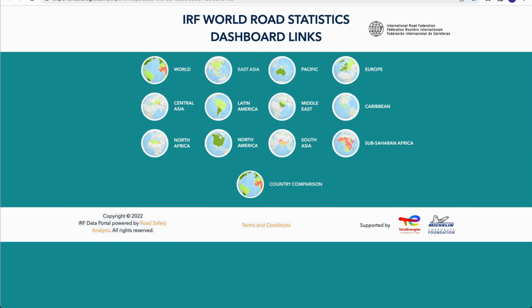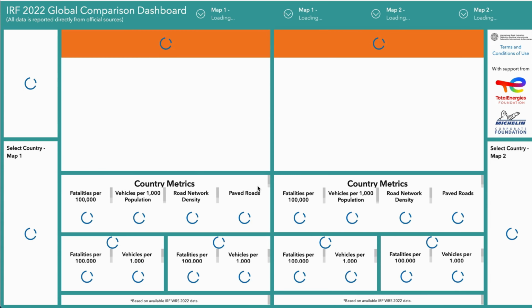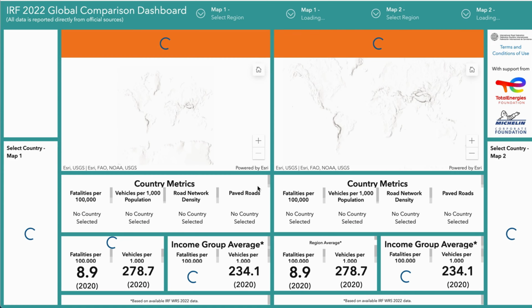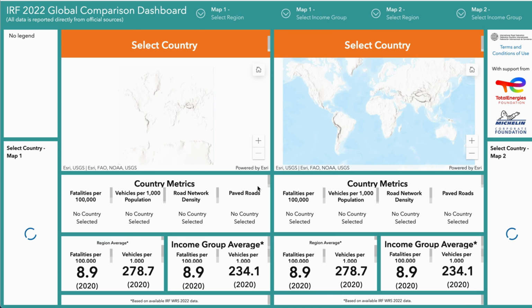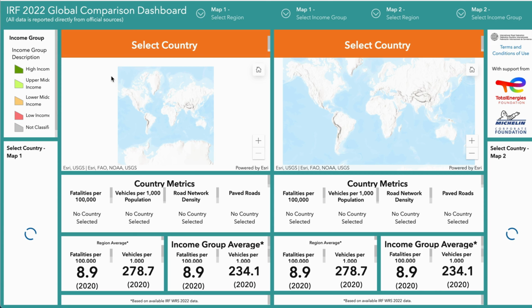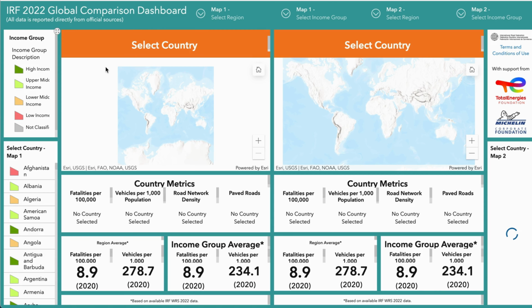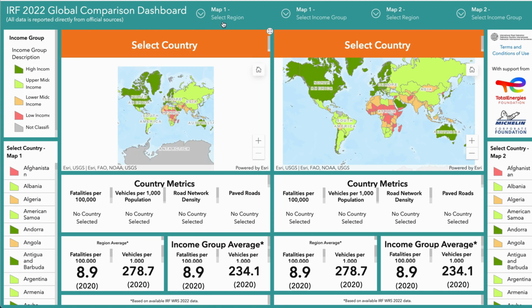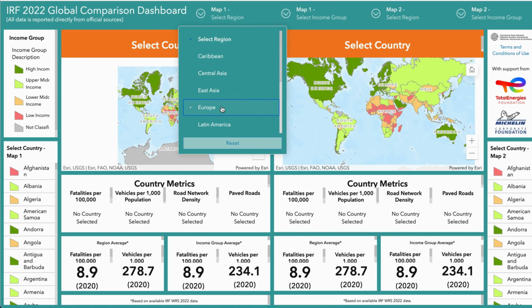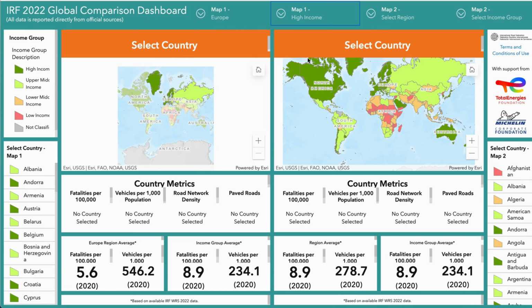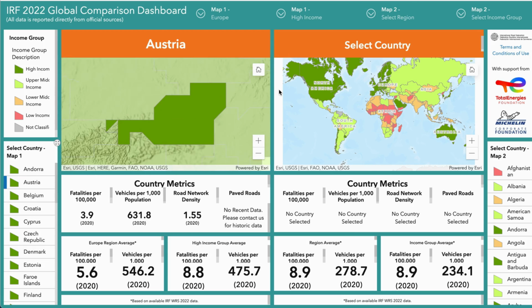And similarly, if we go back, I would also be able to compare countries, and I can either do this by selecting a country straight away from the menu, or I would also be able to first select a region or an income group and then select the countries accordingly. Again, it might take a short second for this to load. So if, for example, for the first one as a region, I take Europe, I say high income, maybe I want to look at Austria in this case,